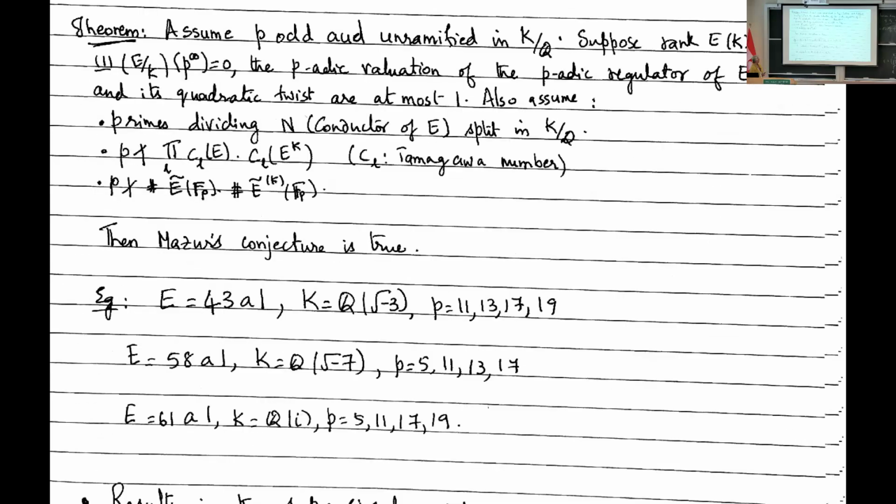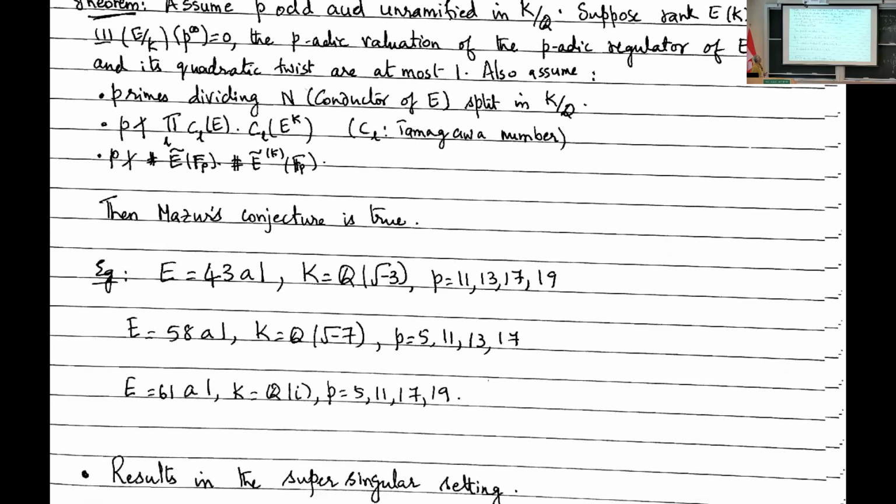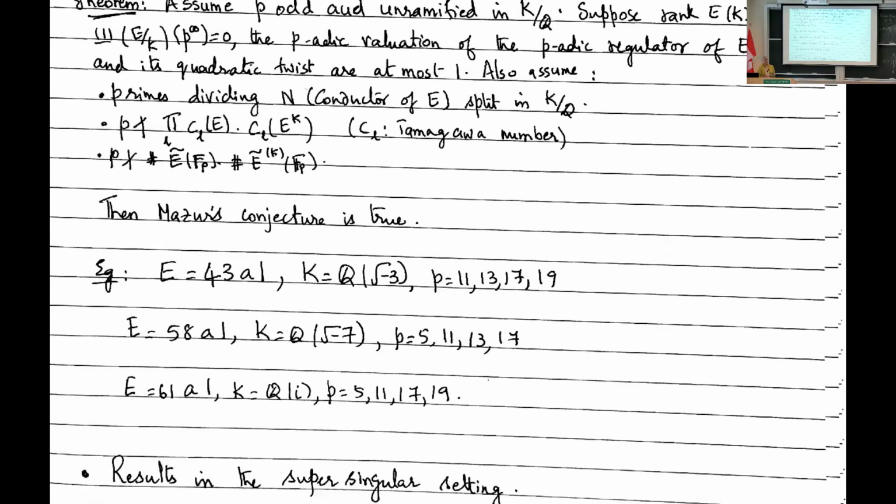And one thing I learned from Coates is that any theorem that you prove is not worth proving unless you can give examples where the hypotheses hold. And this is the hardest part. Okay, the theoretical part is also not easy. But finding examples where all the hypotheses really hold, and I'm never an expert, my collaborators thankfully always know how to handle SAGE and so on. So we could come up with a large class of examples. I'm just giving you a sample of some of the examples where Mazur's conjecture was not known.